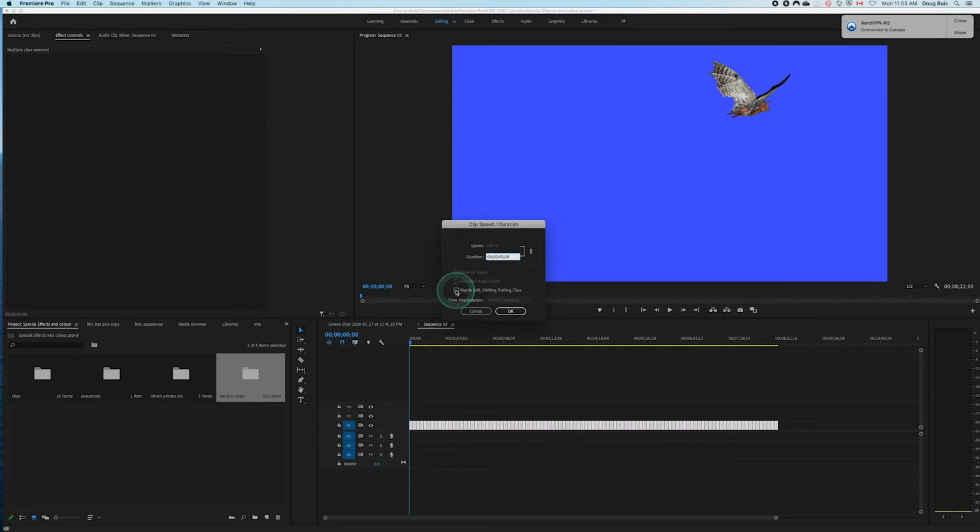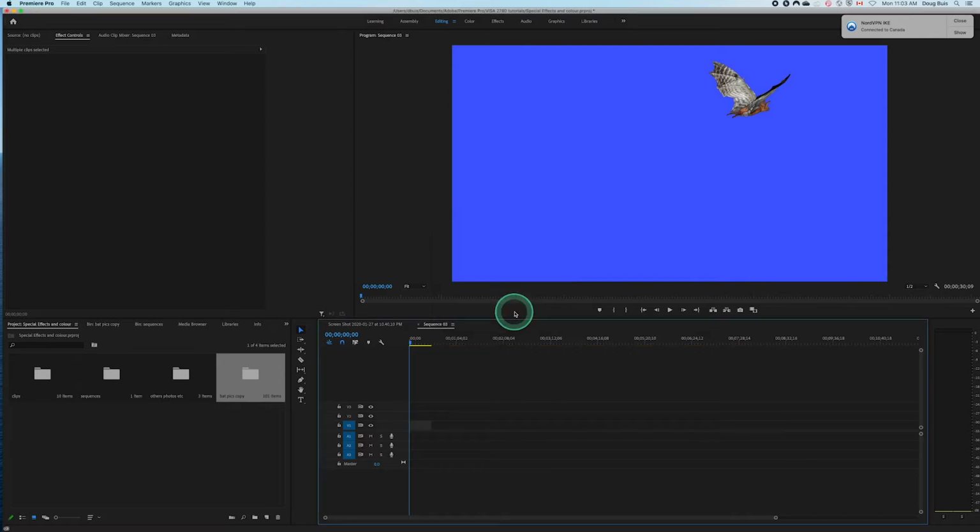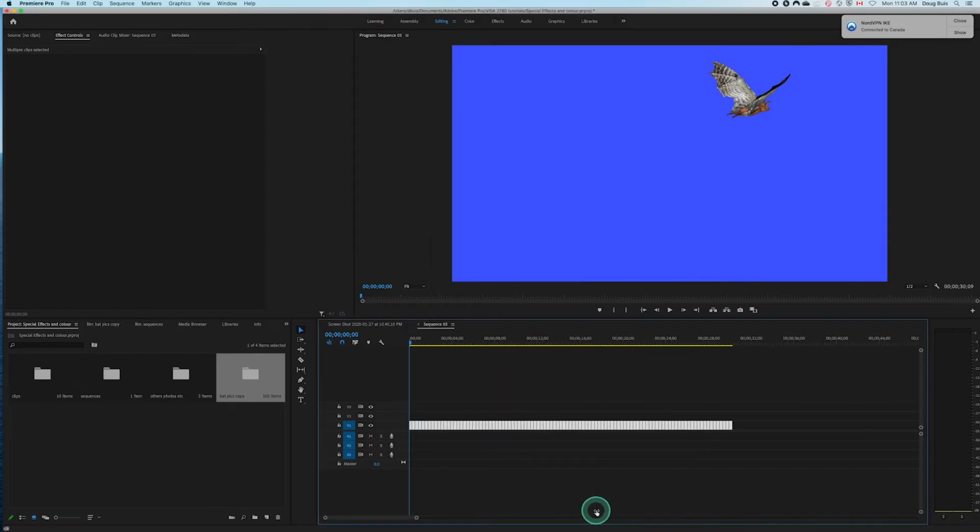It's a little tab called Ripple Edit, and it means that it will shrink all the spaces in between, and that's an important thing to do. So when you click OK, you see that it shrinks the time frame of each one. So if you click play, you'll get an idea of what the animation looks like, and you realize that's a